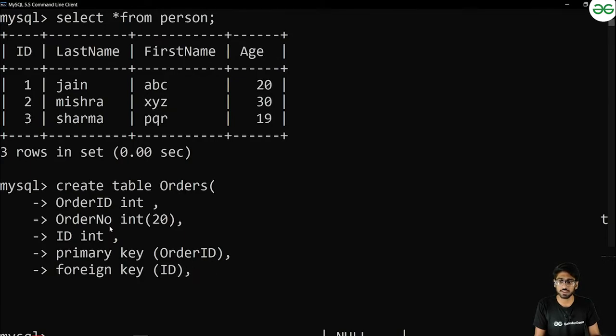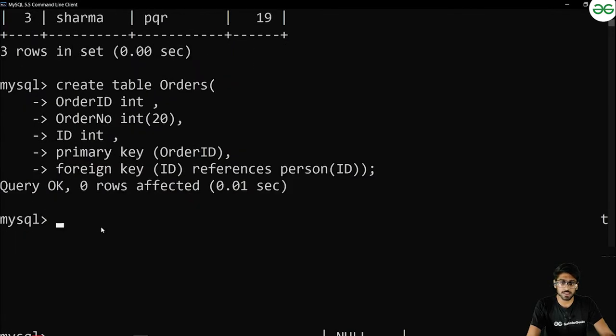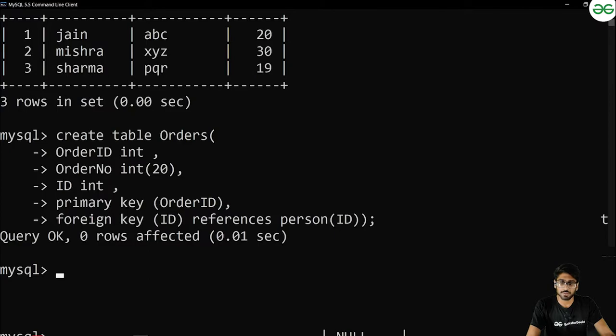And as I've told you earlier, we have to use the references keyword, right? So we have to write references, and after the references, we have to give the table name which we are trying to link it to, and the table name is the persons right here, and ID is the primary key of this table which we are trying to link. Okay, so this should be the whole syntax of creating this table. Okay, now let's put a semicolon and press enter. Okay, so this table is now created, and after that, let us insert rows inside this table by